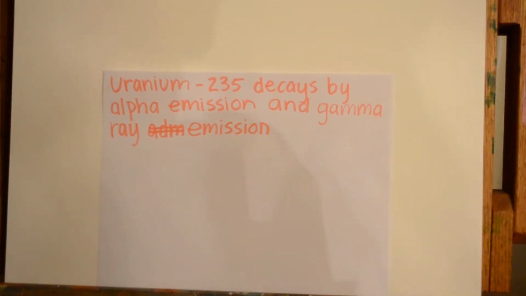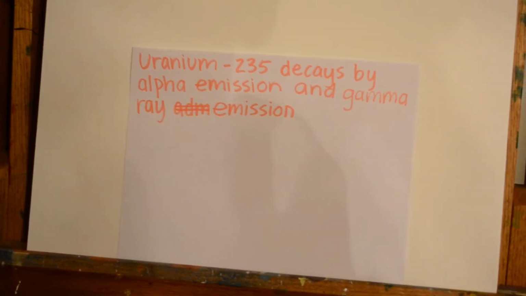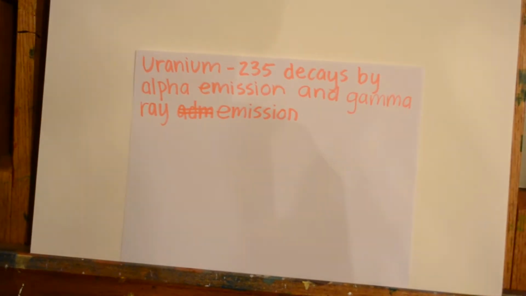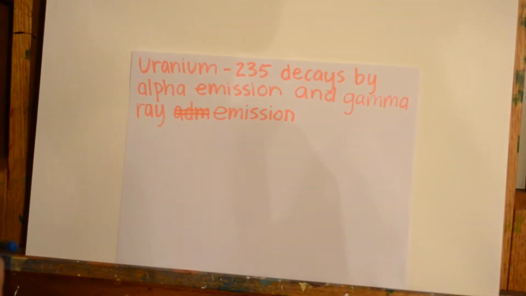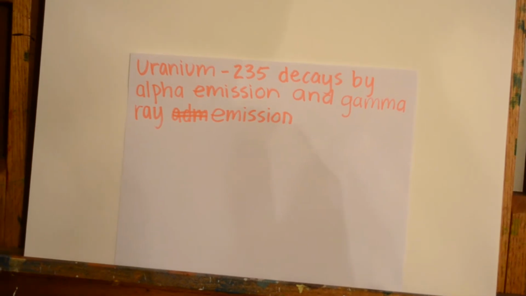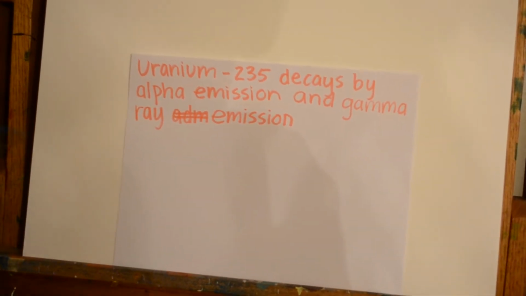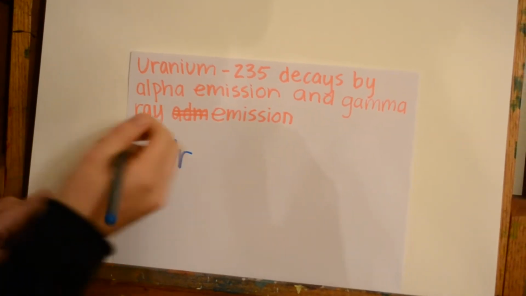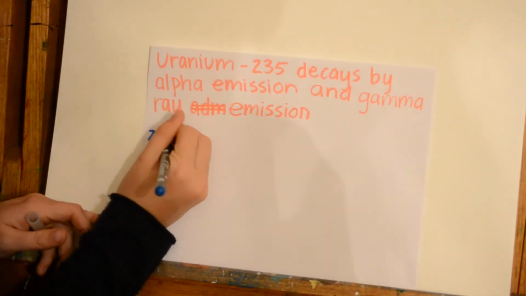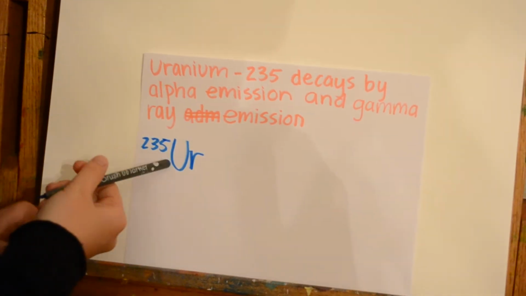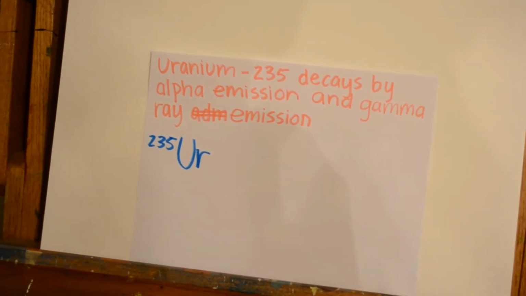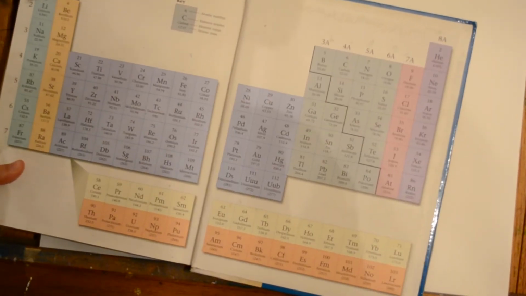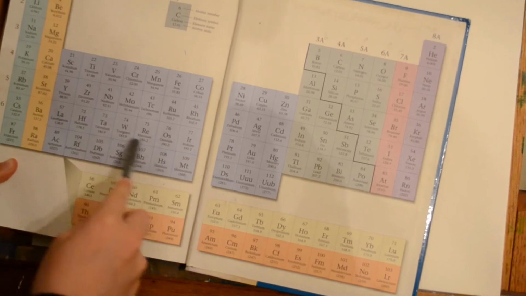Okay, next one is alpha decay and alpha emission. They both mean the same thing, but we're just going to go over it. So this is another written out one. Uranium-235 decays by alpha emission and gamma ray emission. So what this means is that uranium weighs 235, and we have to go to the periodic table and find uranium, which is,